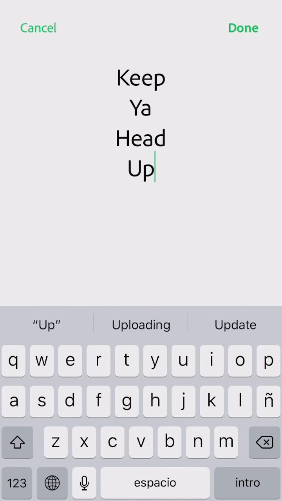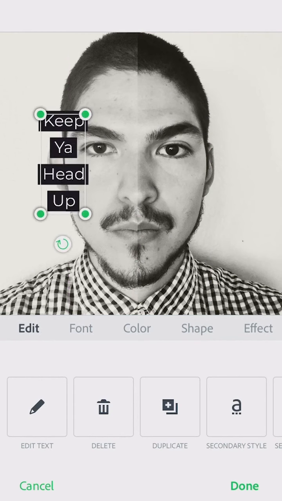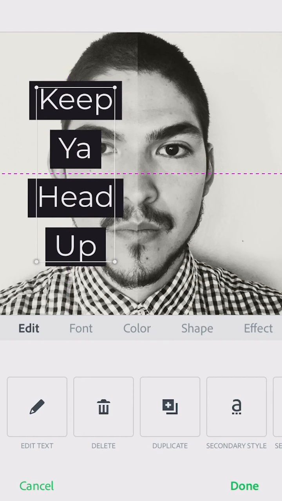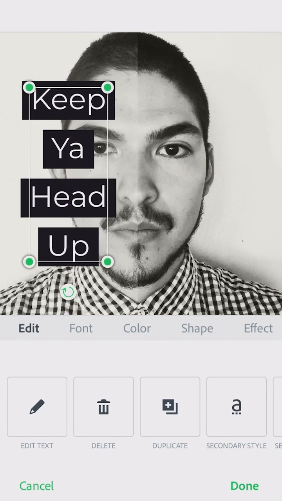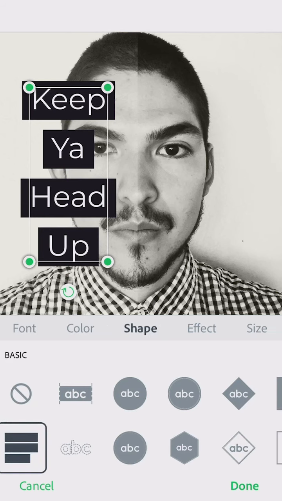So I put "keep your head up," my quote. I'm going to move that over here to the left and resize it a little bit. So again, text on the left side. And I'm going to go to shape. Yeah, so in the shape section,